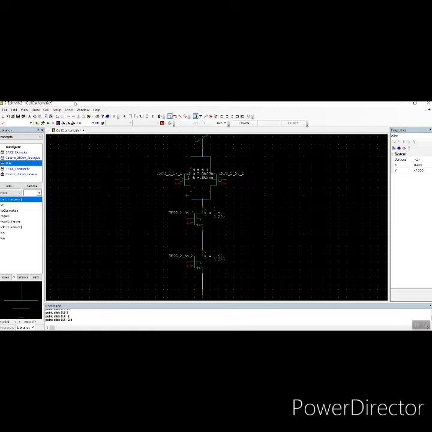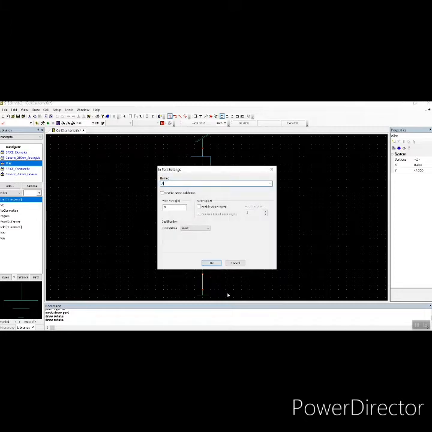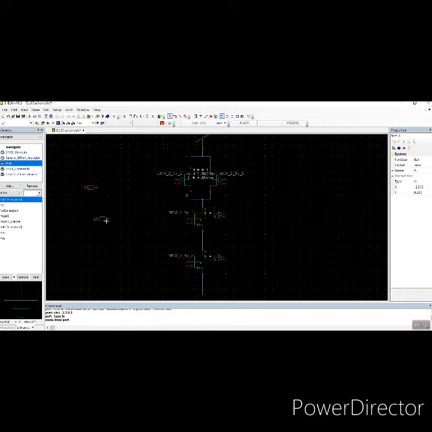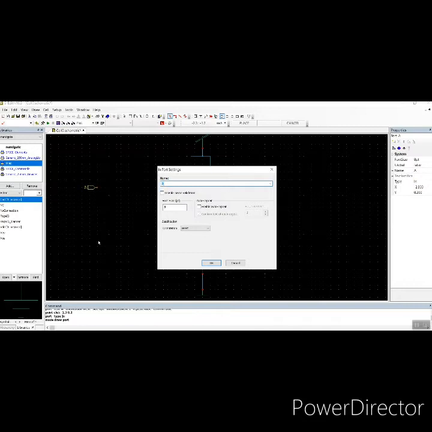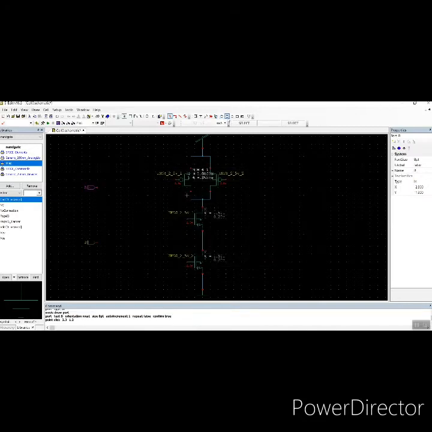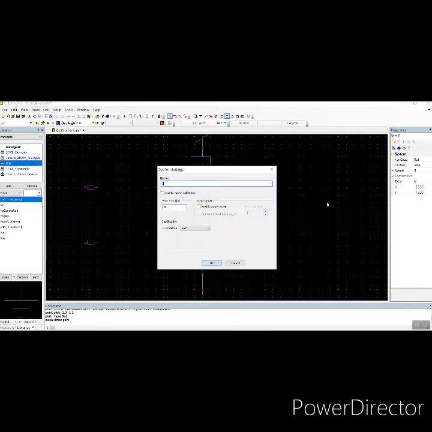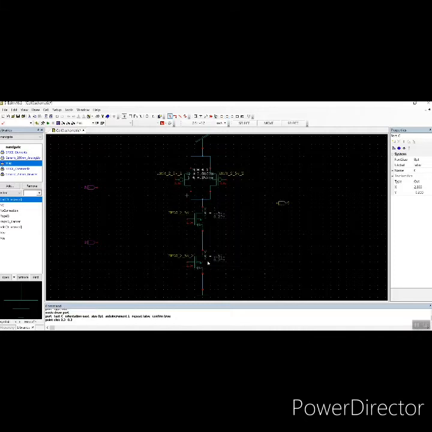Now we need to give input port and output port. So we need 2 inputs here. For rotating purpose, press R and give the name as A for one input, and we need one more input as B. We also need an output. Place it here and give the name as C. So for the NAND gate, we are giving two inputs A and B, and we are getting only one output, C.